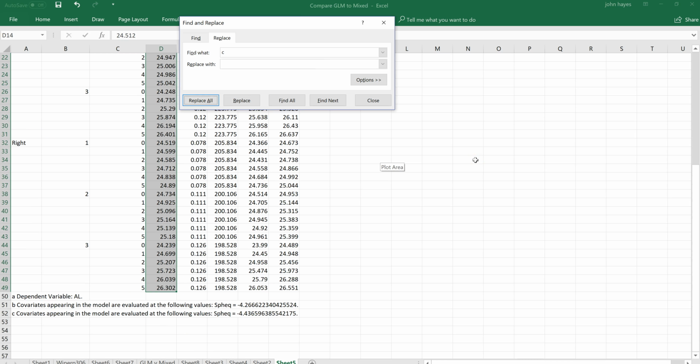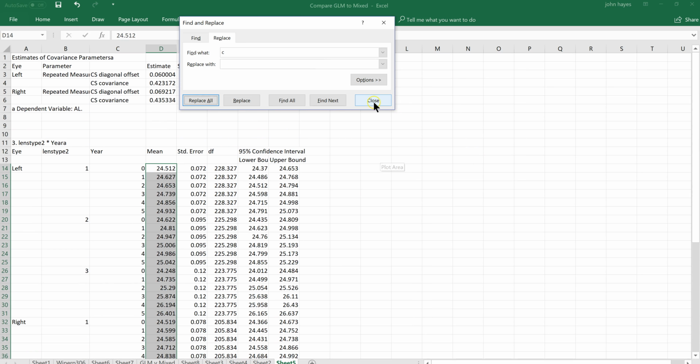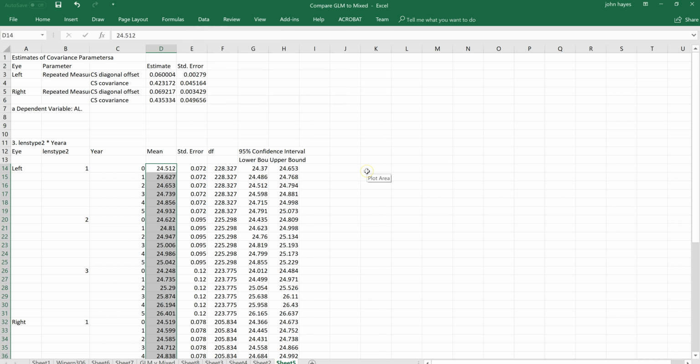There we go. All right. Now, again, we want to look at the simple effects. Let's copy in our